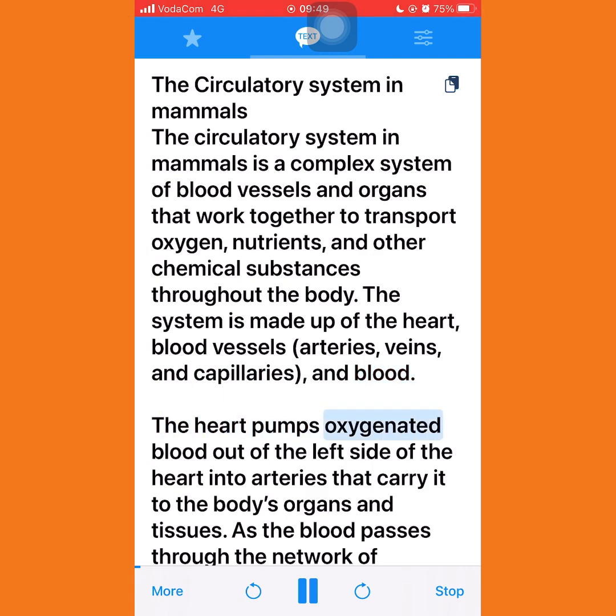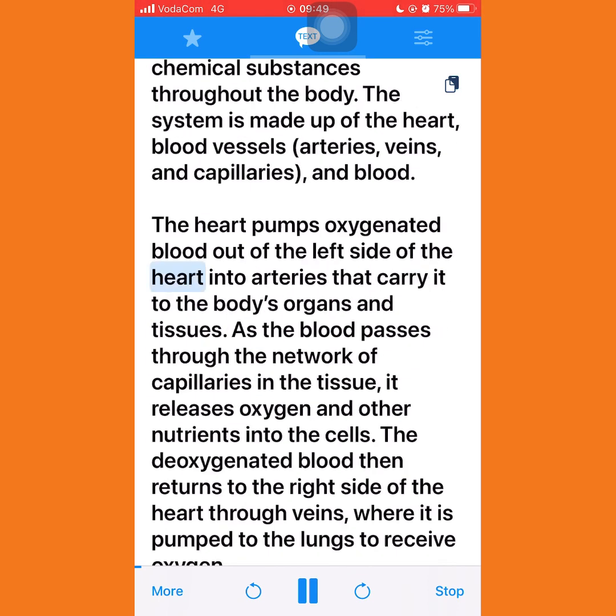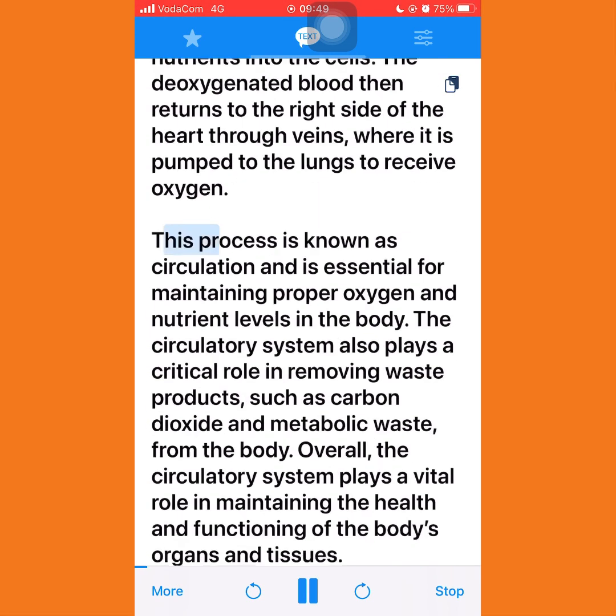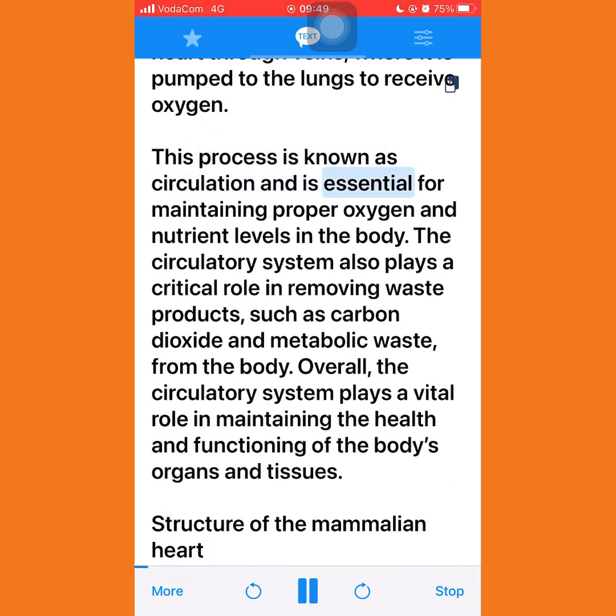The heart pumps oxygenated blood out of the left side of the heart into arteries that carry it to the body's organs and tissues. As the blood passes through the network of capillaries in the tissue, it releases oxygen and other nutrients into the cells. The deoxygenated blood then returns to the right side of the heart through veins, where it is pumped to the lungs to receive oxygen. This process is known as circulation and is essential for maintaining proper oxygen and nutrient levels